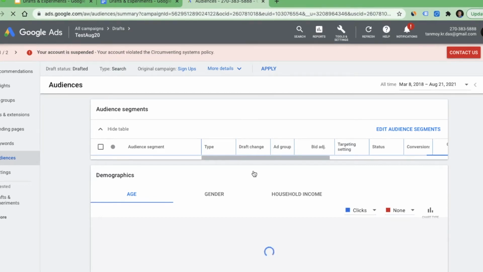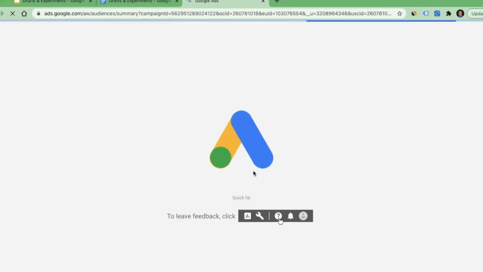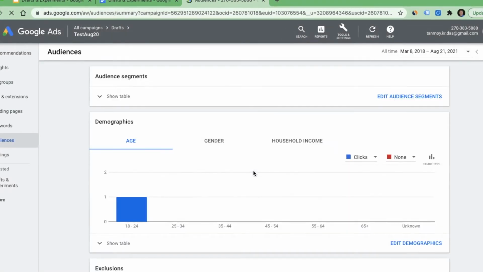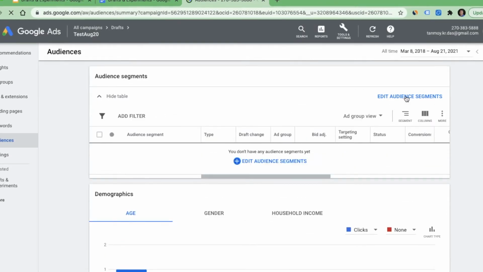We're going to make some changes to it so that we can test it in an experiment. Then moving forward, we will make the other changes as well. This will give us a clear idea of the comparison. We can understand what particular type of changes really works for the business, and based on that we can take our judgment. So here under audience segments, we can add some audiences.